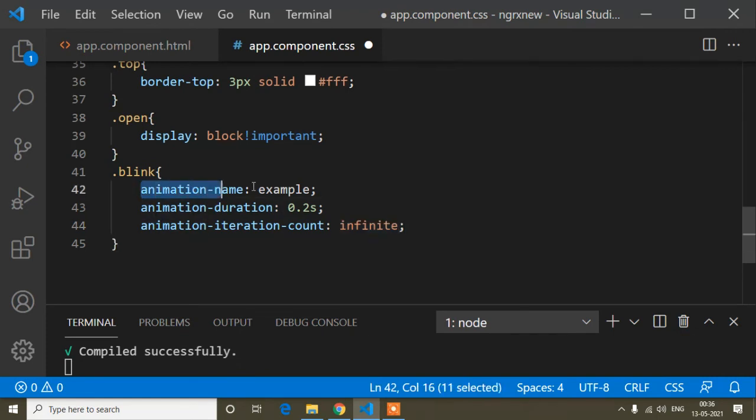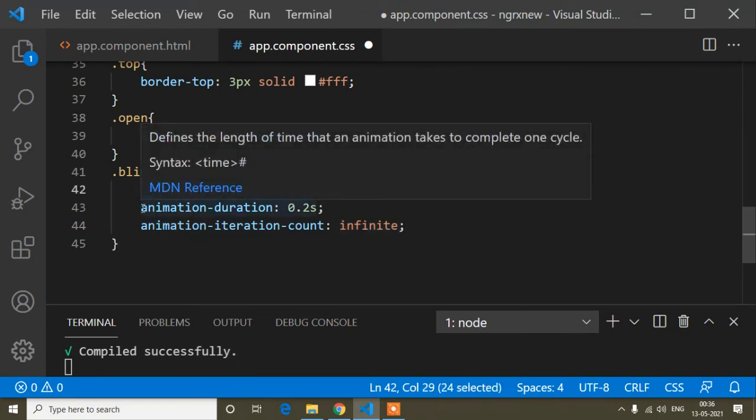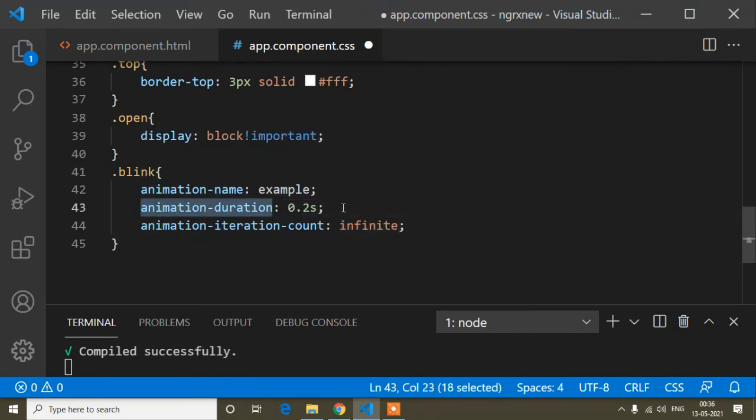The animation name is example, and animation duration I have explained, that is how long the animation will go on. The animation will never end, that's why it's infinite. And now, guys, I will copy this example name, because inside it I have to define the animation.